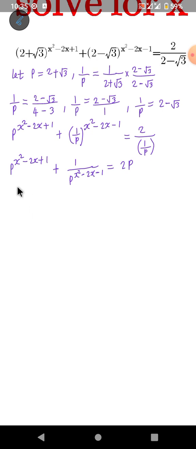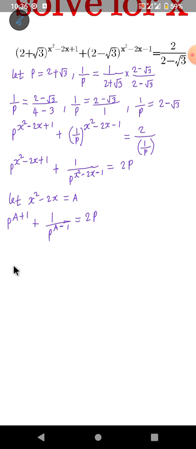My next step will be to say let x squared minus 2x be equal to a. So anywhere I see x squared minus 2x here, I'll replace it with a. So our equation now becomes P raised to the power of a plus 1, plus 1 all over P raised to the power of, this is x squared minus 2x, so that's a minus 1. Close our bracket, and all equal to